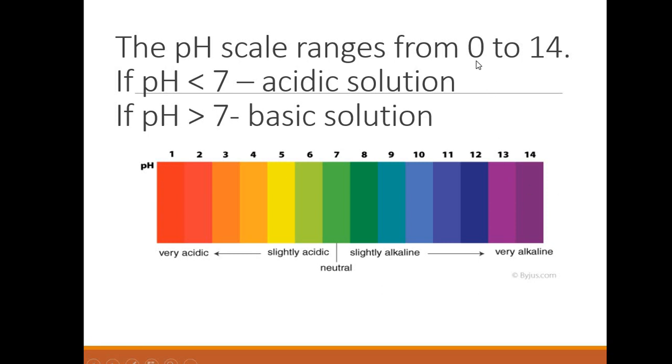The pH scale is given, which starts from 0 to 14. Actually, 0 is the value of highly concentrated acid. If pH is less than 7, it means it's an acidic solution. If pH is greater than 7, it means it's a basic solution. Here different colors indicate different pH values. 7 stands for neutral solutions, where the amount of hydrogen ion and hydroxide ion are equal. For example, distilled water, pure water, etc.